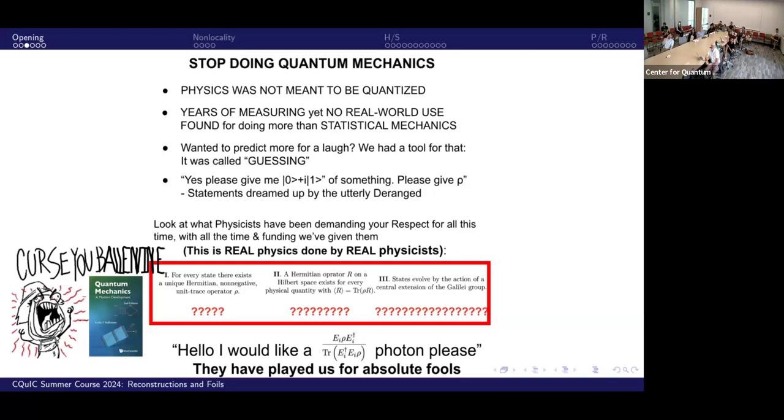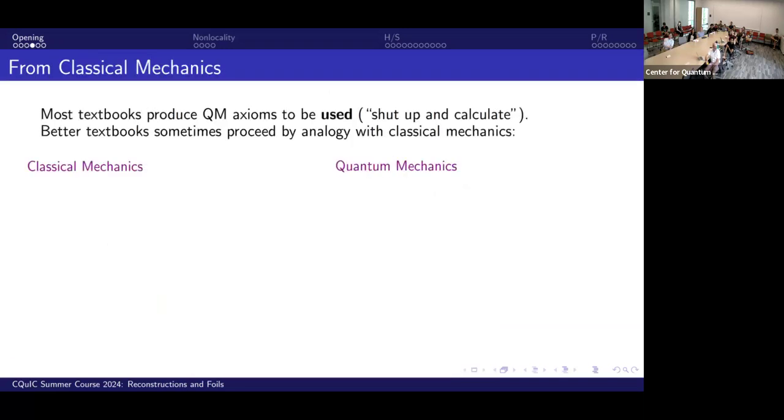Now, Egon might have to complain about this, but Egon can complain about a lot of this here. The reason why this is the case is that a lot of textbooks produce these axioms to be things that are useful, and you can make nice homework problems out of them. So we have easy answers a lot of the time. If you're using a better textbook, like say Kelson-Packer, you'll usually see some kind of rough analogy.